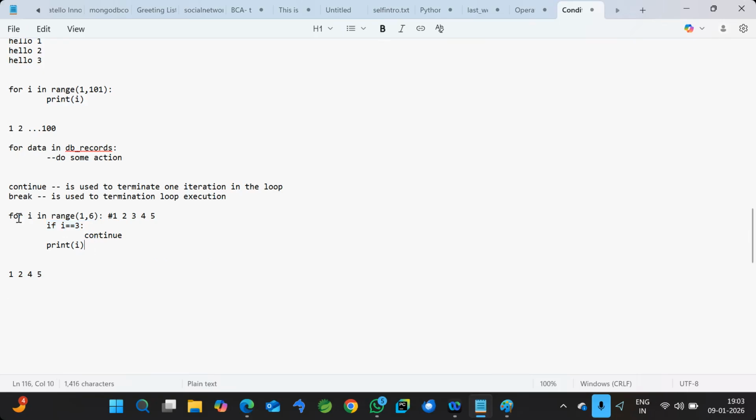And for the same example, if you write it with break syntax: 1, 2 will execute and give the output, then whenever the i value reaches 3, the break gets executed. This time it doesn't skip just one line, it skips the complete loop. So this loop will be stopped. That means whenever, based on any condition or situation, you want to stop,